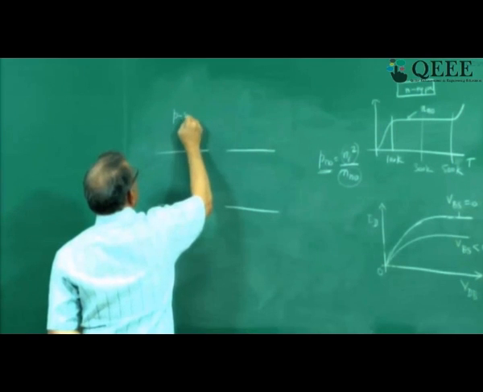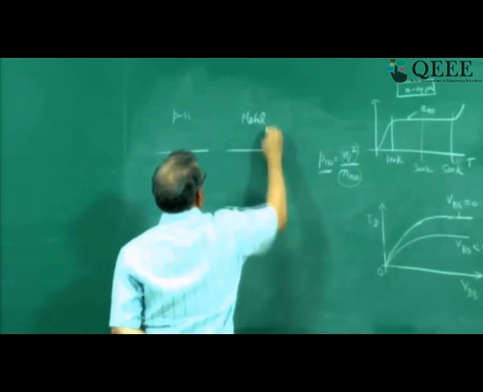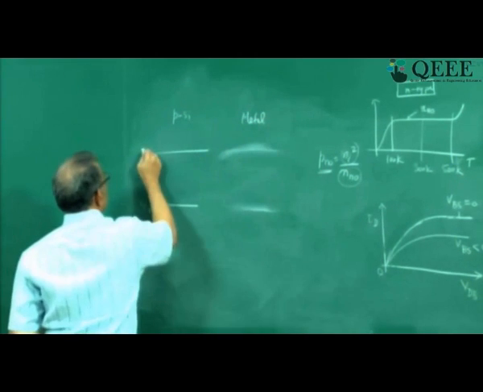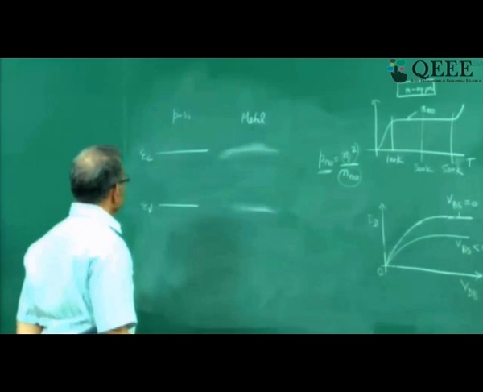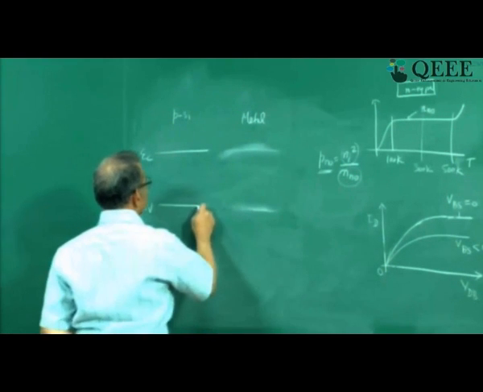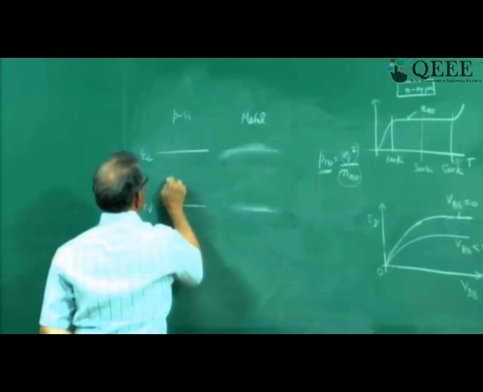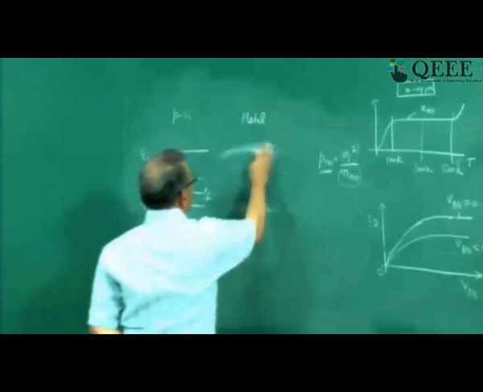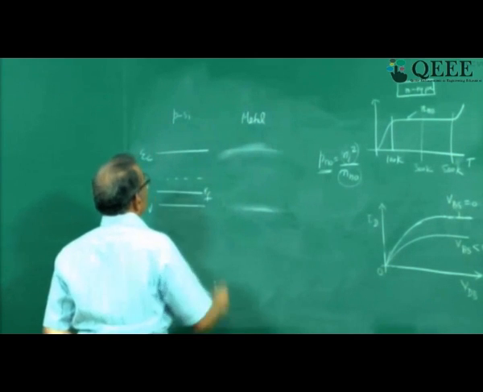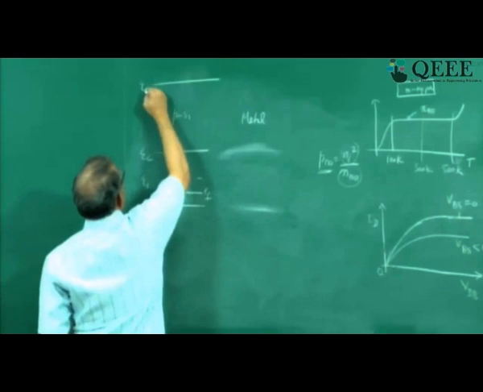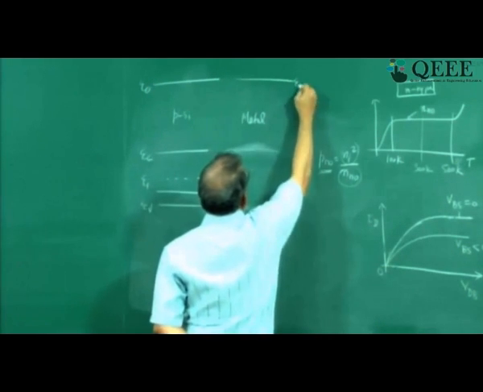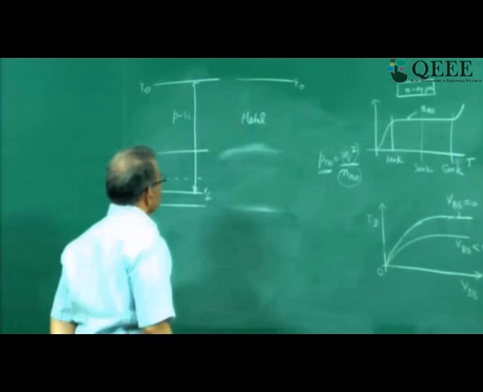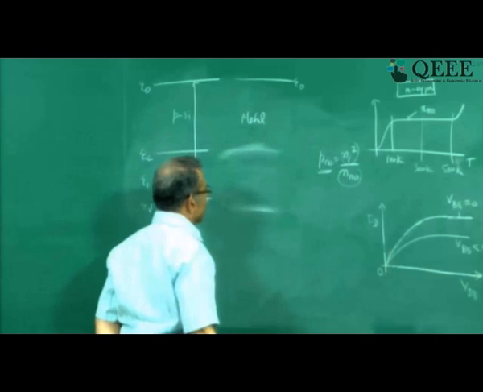Suppose this is p-type silicon and this is metal. Now for a metal we do not show conduction and valence bands. For p-type silicon you do show the conduction and valence band, so EC and EV, and your Fermi level. As we have said, for p-type silicon it is below, this is EF. Now metal Fermi level, where will it be? Normally you use E0 as a reference to show the Fermi levels. This difference is normally called the work function. So you need to know the work function of the metal, right?